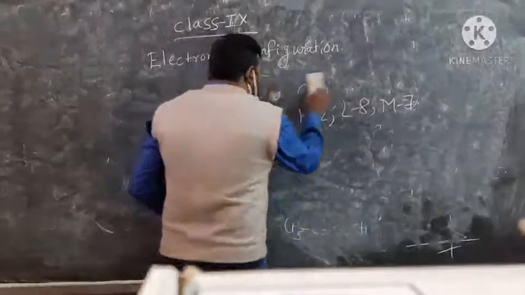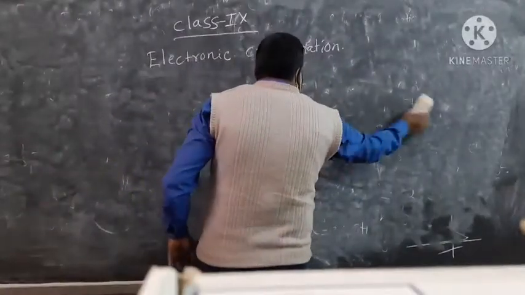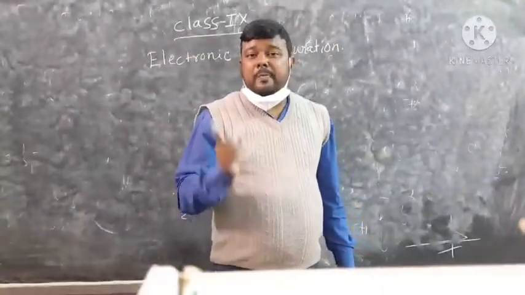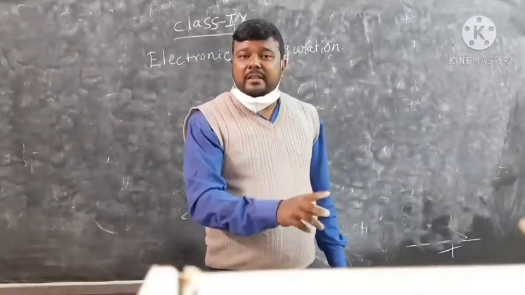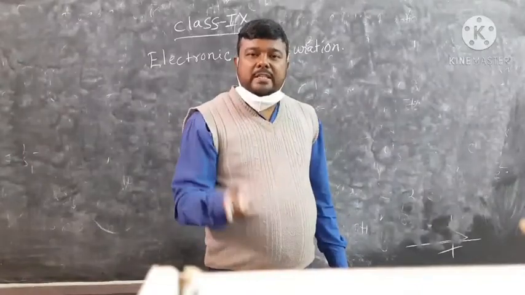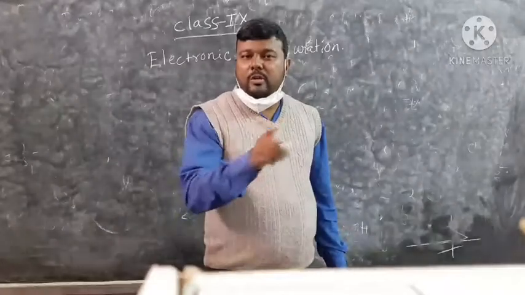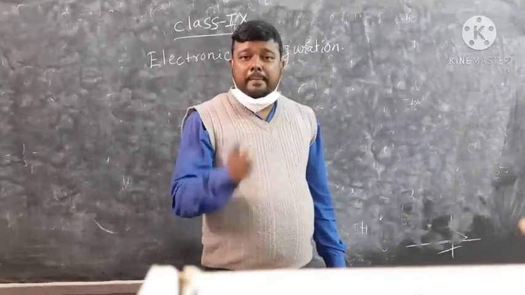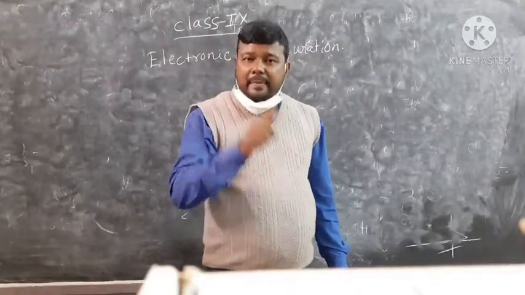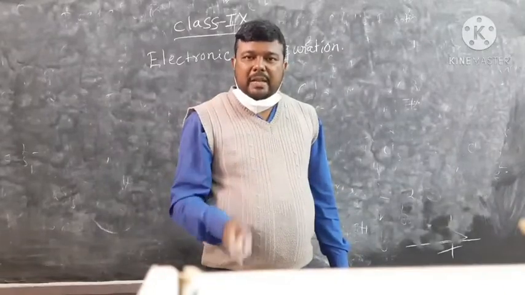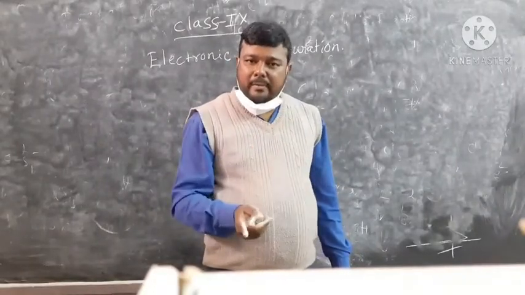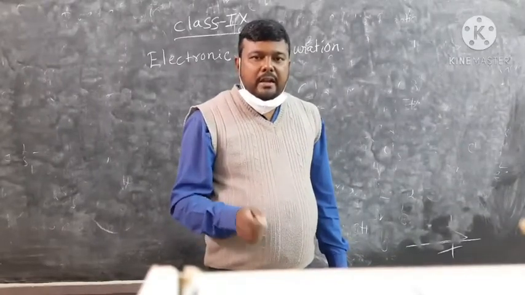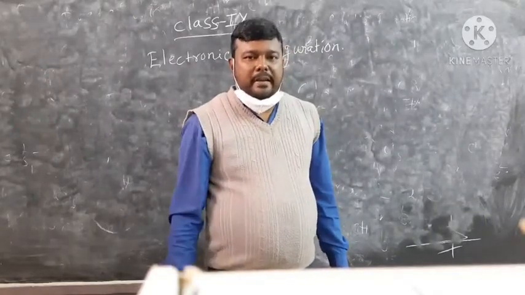So that's the simple trick: after writing the electronic configuration, look at the outermost shell. If the number of electrons is 1, 2, 3 as well as 4, its valency will directly be 1, 2, 3 or 4, depending on the number of electrons. And if it is 5, subtract it from 8 to get the valency of that element. As well as if it is 6, subtract it from 8 to get the valency. Okay, that way we can calculate the valency of an element.